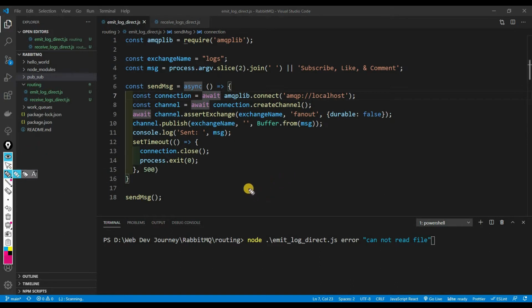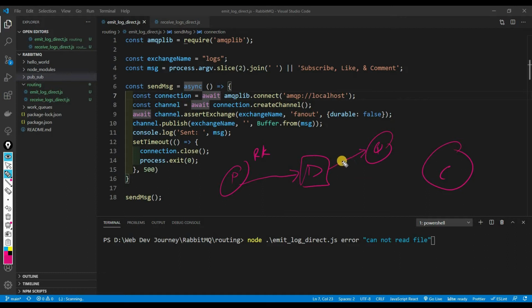So anyways, you have your publisher, you have your exchange type. This is going to be the direct exchange type. You have your queue, right? And you also have your consumer right here. So your publisher is going to be sending a message to the exchange with a routing key, okay? RK, I'm just going to say RK for routing key, okay? It's going to be sending a message with a routing key. Now, the exchange is going to be using this routing key to determine which queue to send it off to, okay? Now remember, this binding right here,